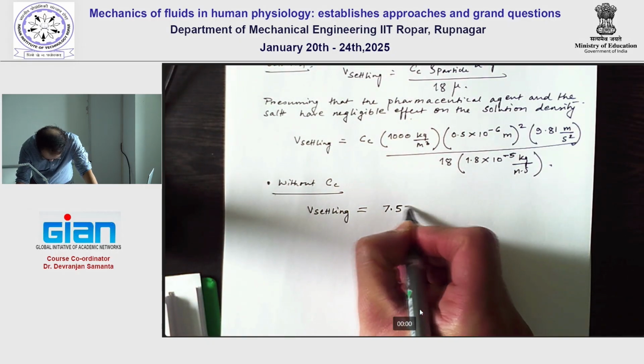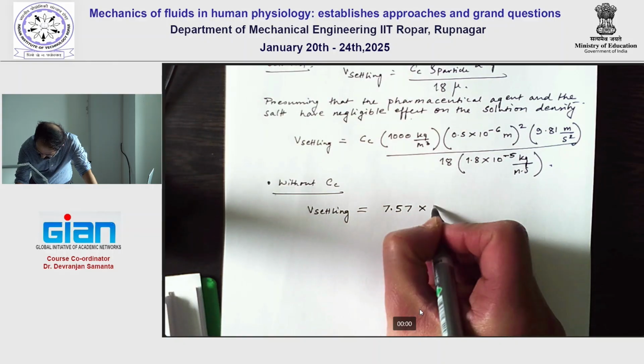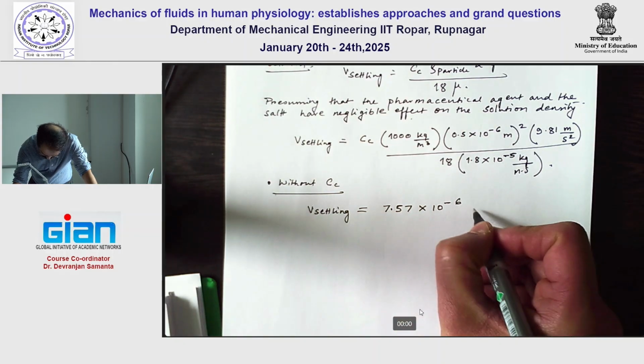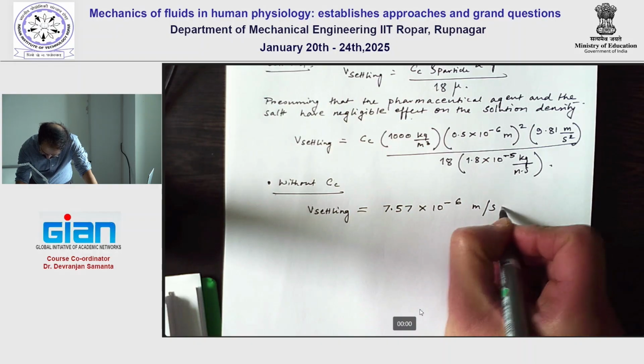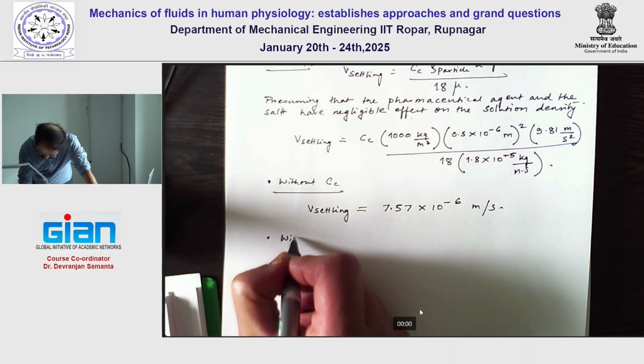What I have is 7.57 times 10 to the power minus 6, right? So this is meters per second, and with Cc,